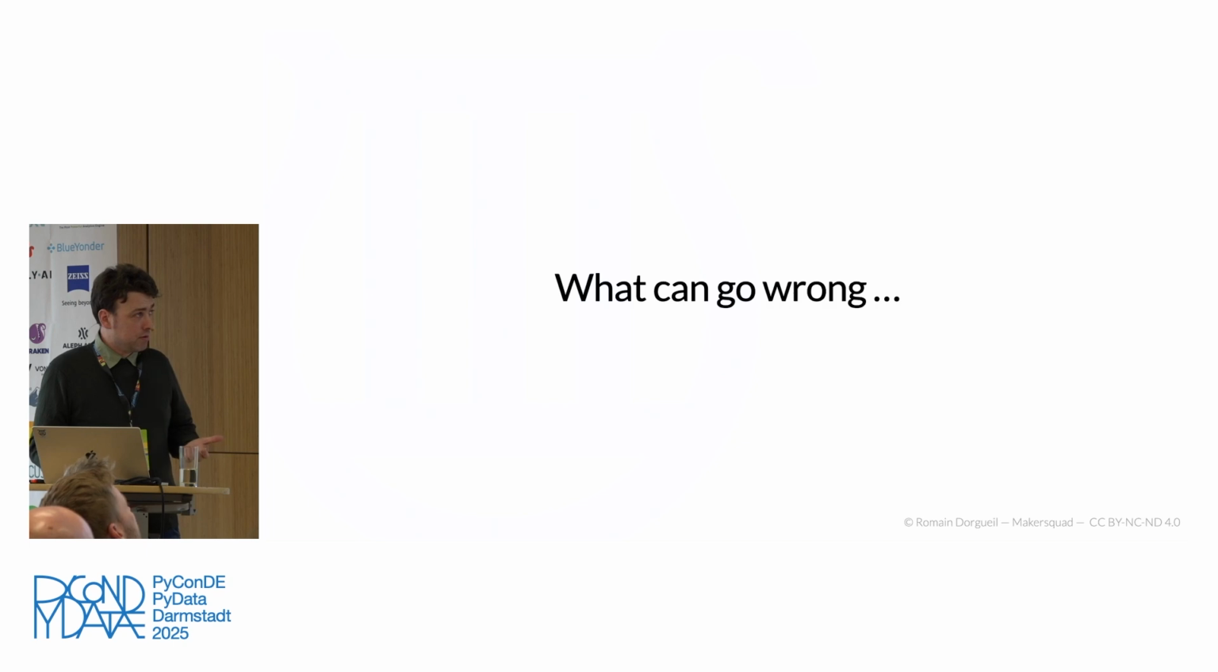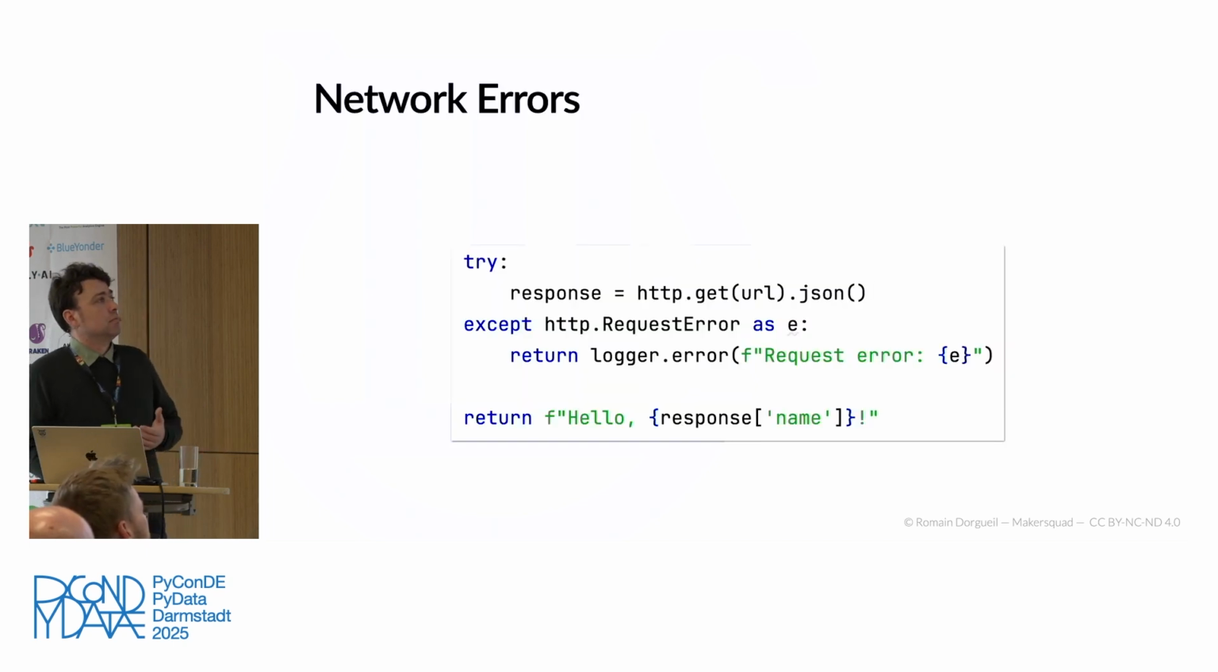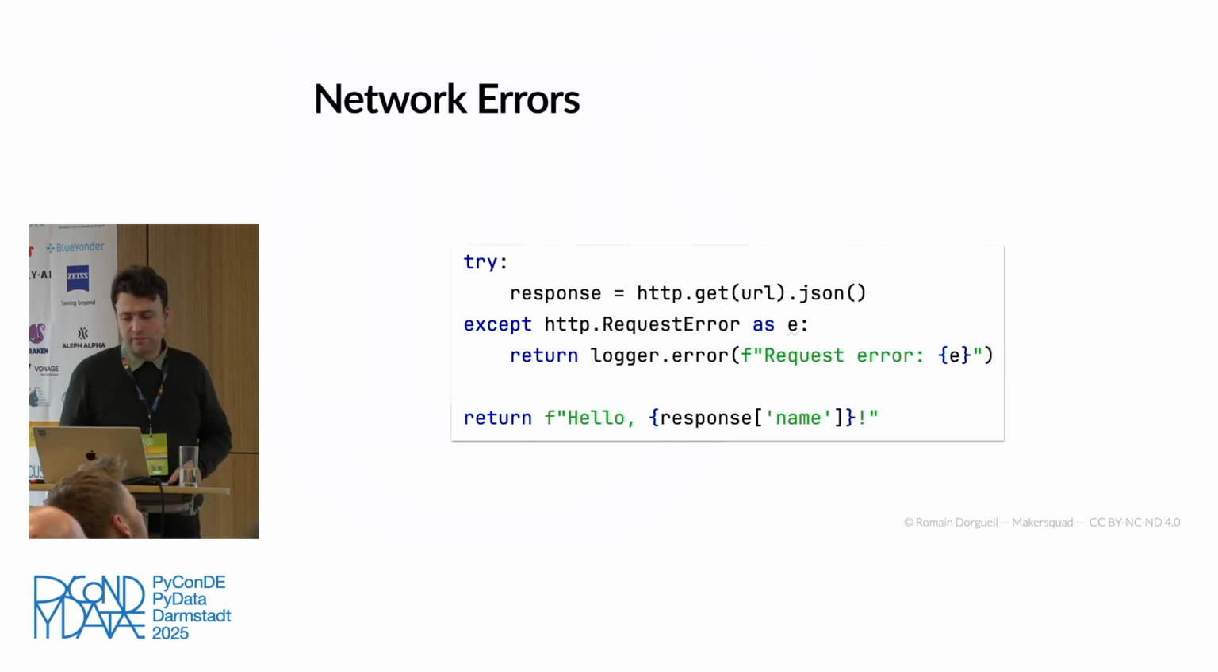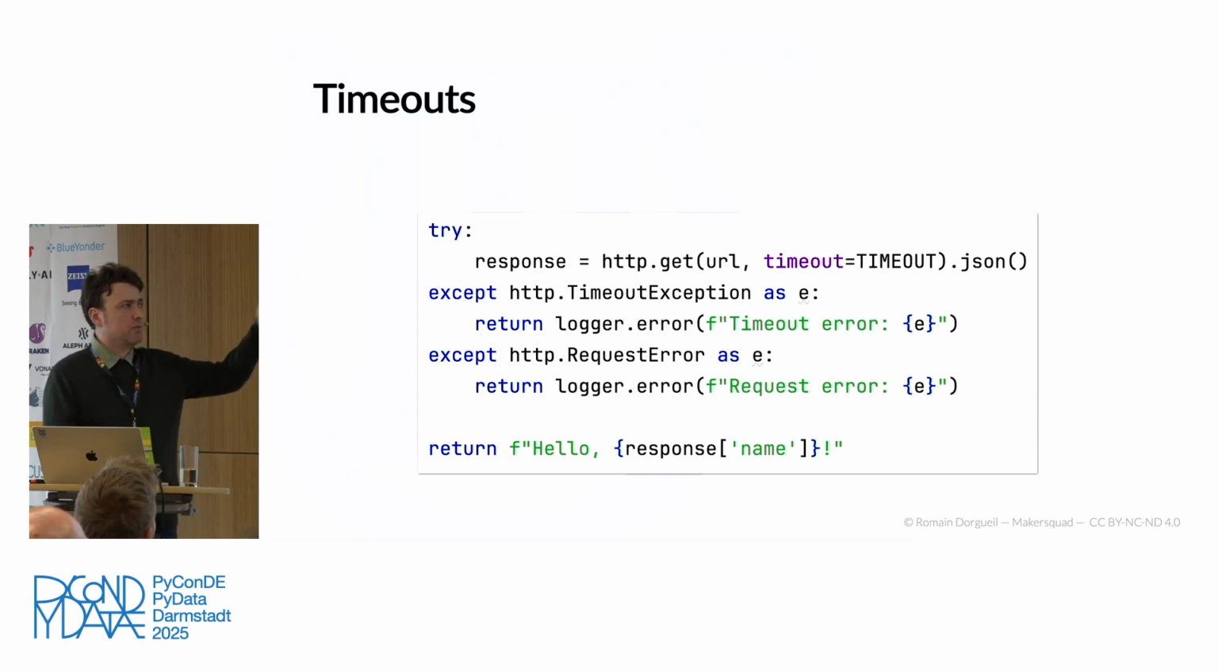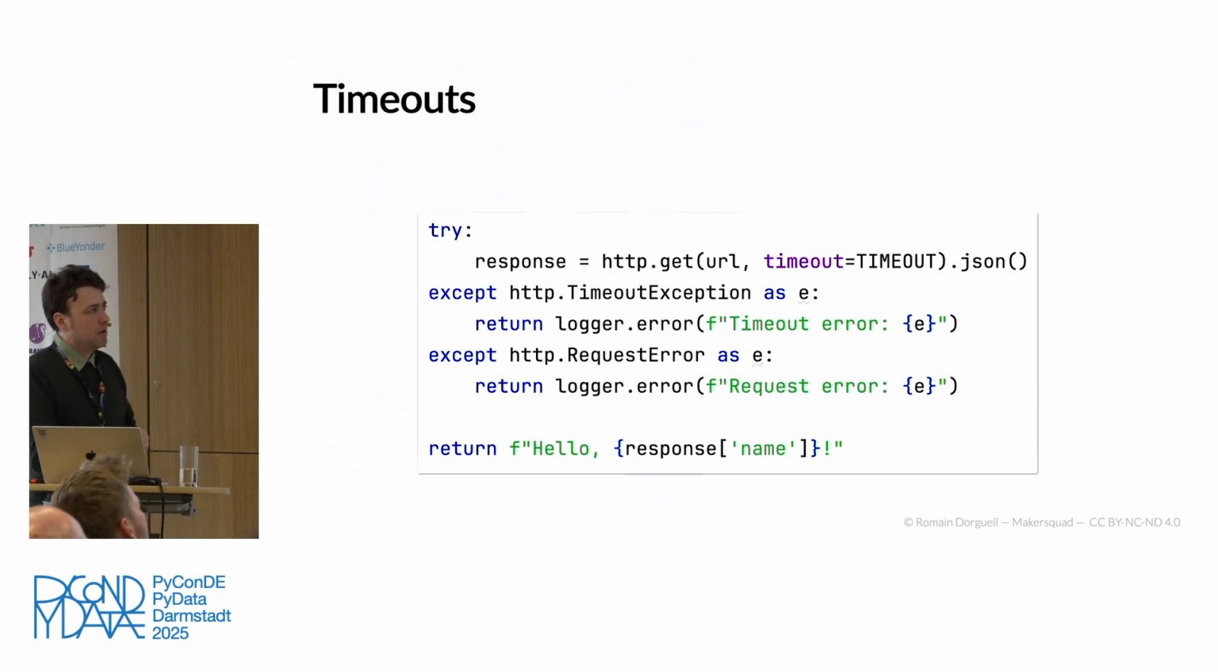And what can go wrong? Well, actually a lot. So let's try to see. That can be a cable that is unplugged, so we will catch the request errors. I put it above request error because timeout exception is a subclass of request error, but there can also be